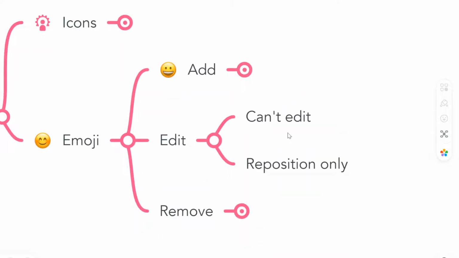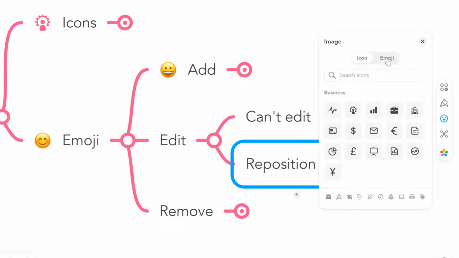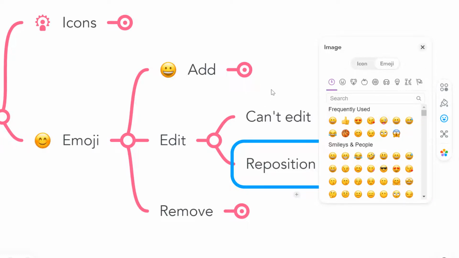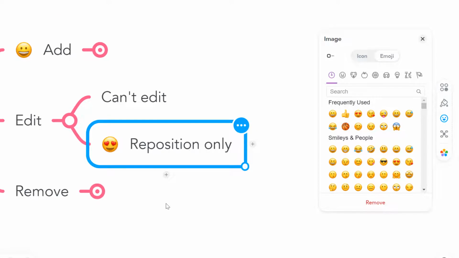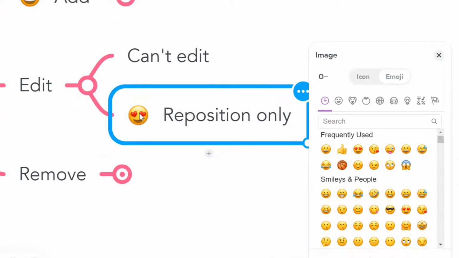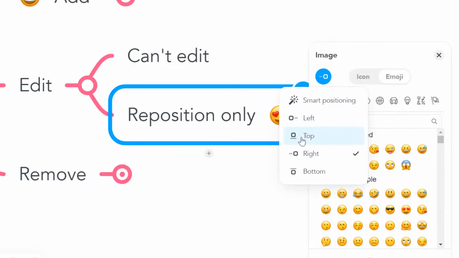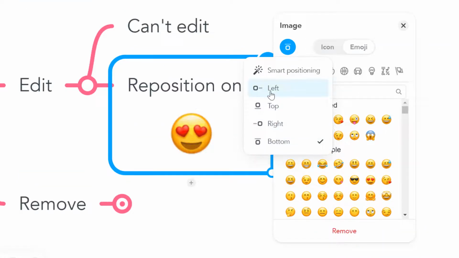In editing terms, there's not so much you can do with the emojis. The icons have a bit more flexibility. The only thing you can really do with emojis is reposition them in relation to the text. So if we add in an emoji here, let's add this little guy here. What we can do here is click on that icon, the emoji, and you'll see this little option here that enables us to change the positioning just like we did with the icons,